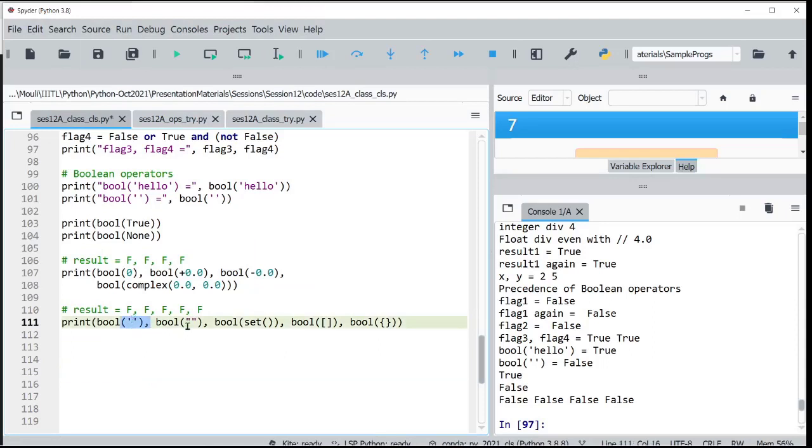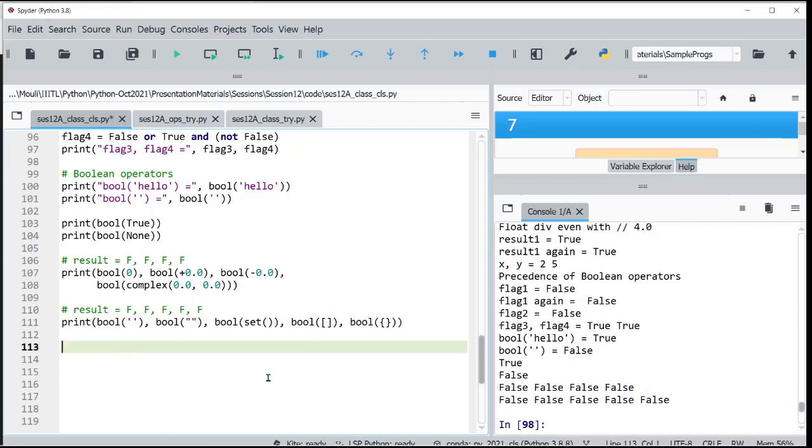I said empty string, both strings are okay. Empty set, empty list, empty dictionary, all of them result in Boolean false. Okay, if you convert it, what are you actually doing here? This is a string object. It's a set object. The object is already created with no value, no element, and then we are converting it into a